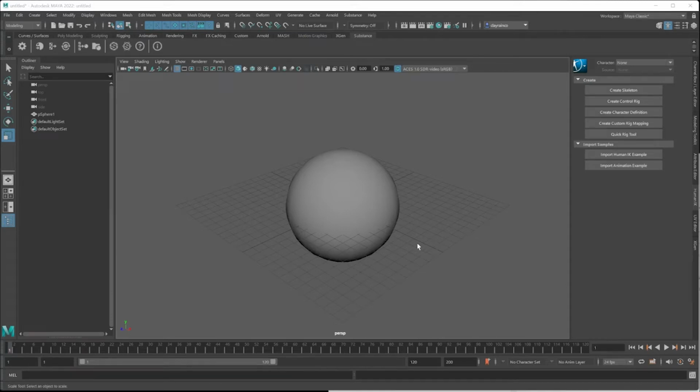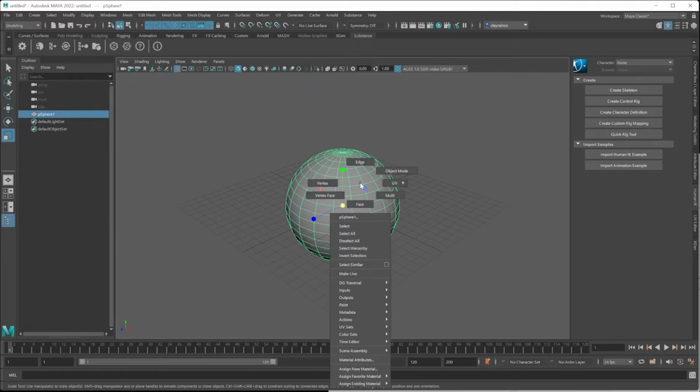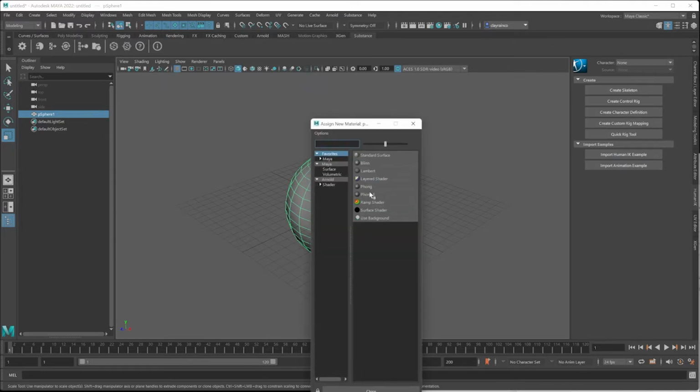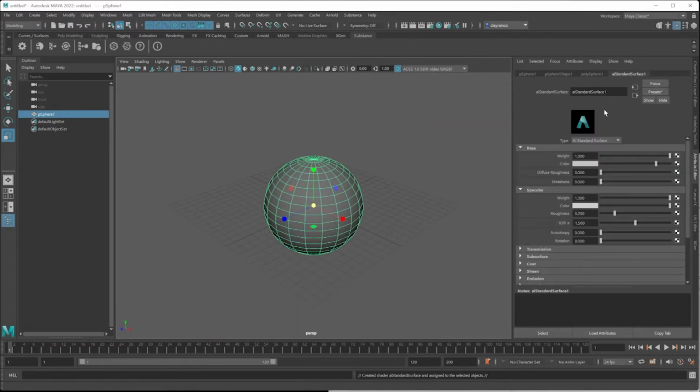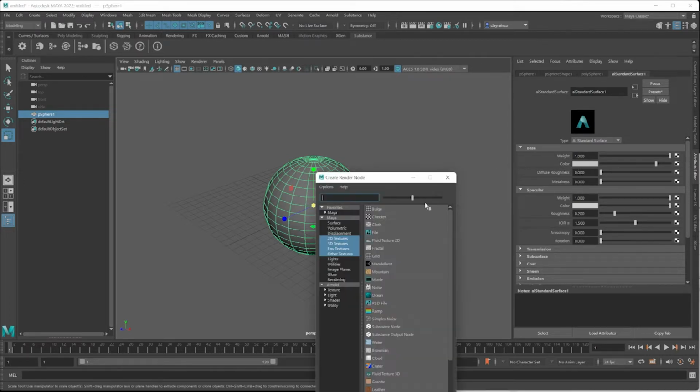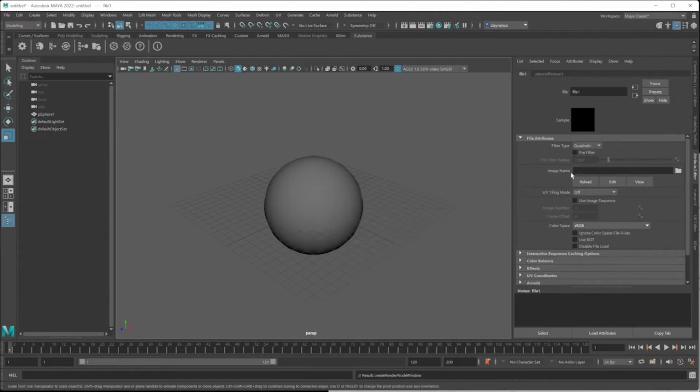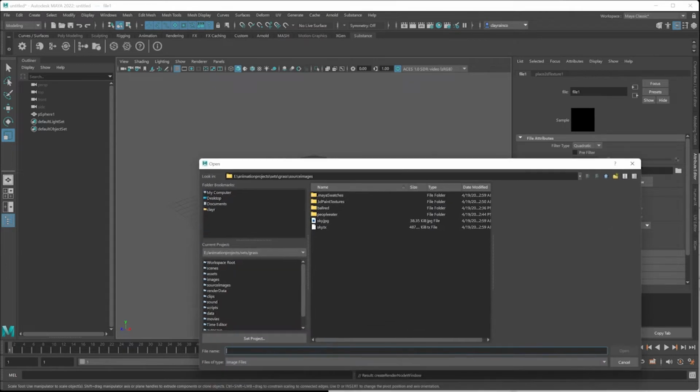Let's take a look at applying those Substance materials that you made with Substance Painter into Maya. One way you do this is to right-click, assign new material, going to Arnold and AI Standard Surface. And this you can do one at a time, going to Colors, clicking on Colors, selecting the file, and if that file dialog doesn't pop up again, click the folder icon, track down the file,